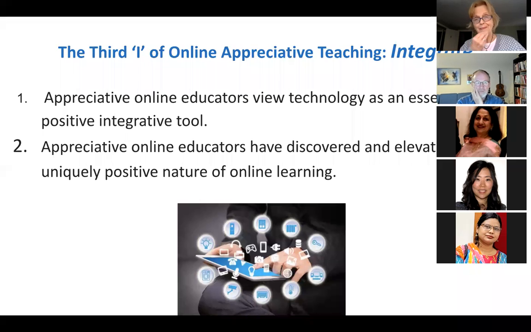The next one up, and as a teacher myself, thankfully, I've always enjoyed technology. A lot of people don't in the educational field, but these online educators did two things. They were emphatic about viewing technology as essential, not just essential because you can't do it any other way, but as a positive tool of education. That technology as a tool can help us integrate